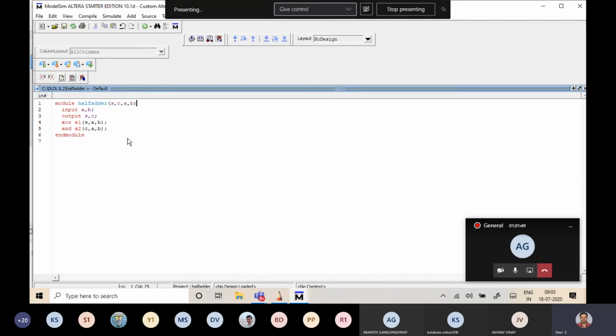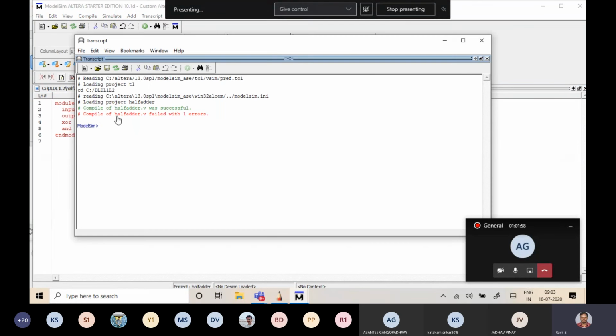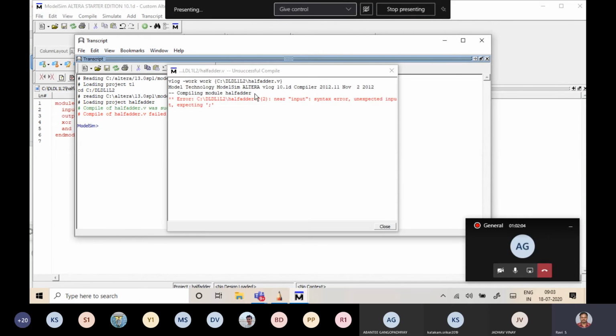Now I'm saving the file and going for compilation again. Compile selected. Now if you go to the transcript window, you'll see the red color message saying compilation failed with one error. If you double click this error, you will come to know where you committed the mistake. It says near input, there is a syntax error: unexpected input, expecting semicolon.